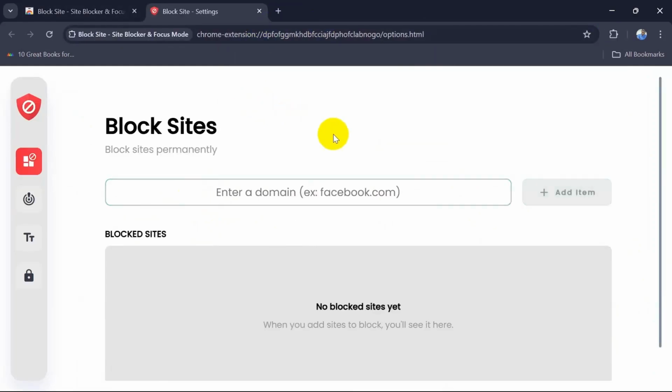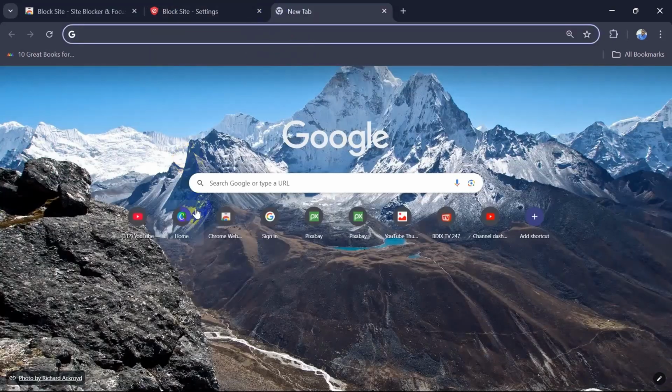So you can see over here. So what we can do over here, we can simply copy the domain and then paste it over here, and we can click on Add item. By this you can block any website very easily. So I am going to show you. If I go for a new tab and go for YouTube,